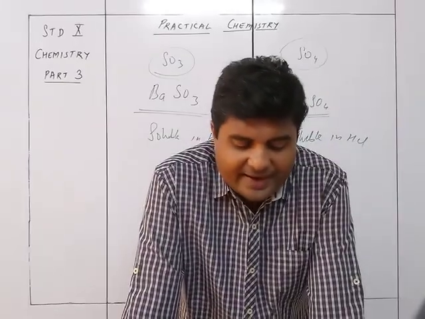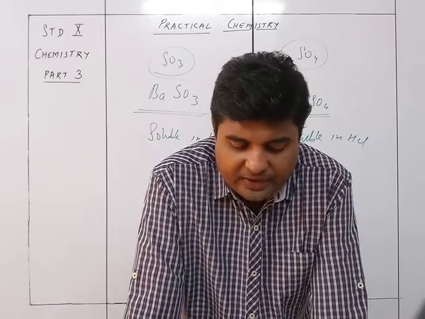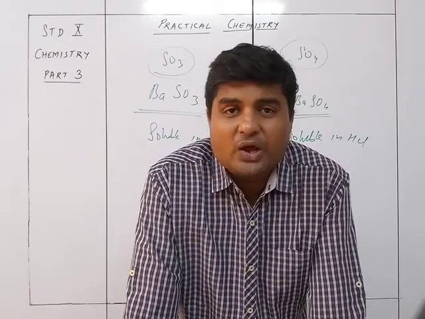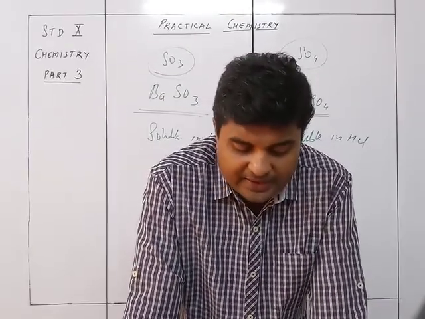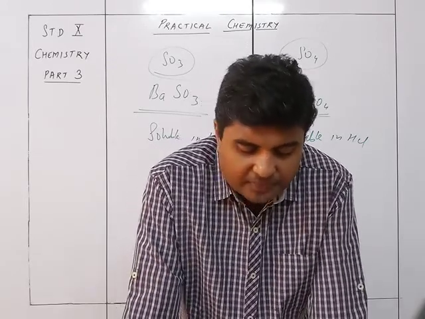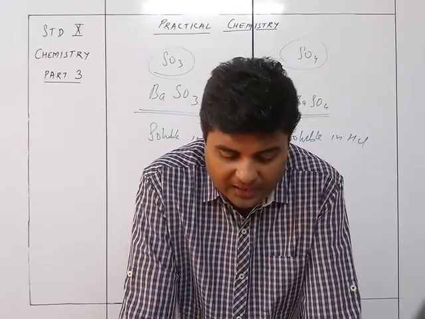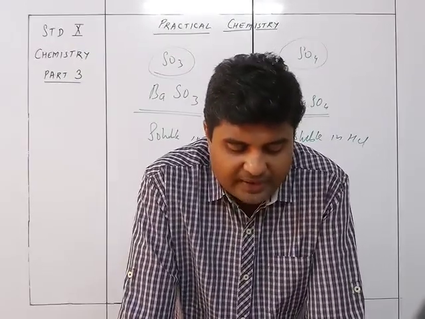Test-wise indicators: litmus solution turns blue to red in acidic, red to blue in alkaline. Methyl orange: orange to pink in acidic, and orange turns yellow in alkaline. Phenolphthalein: colorless remains colorless in acidic, colorless turns pink in alkaline. Chemical test-wise,